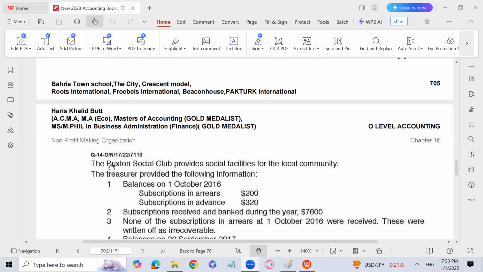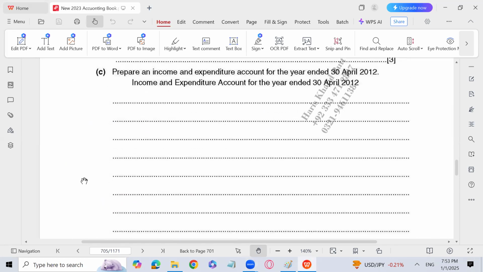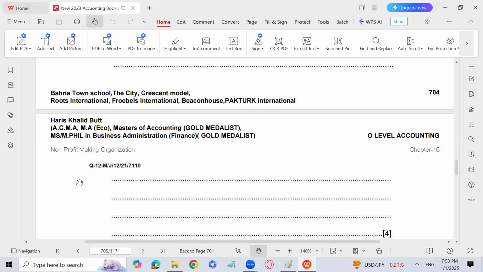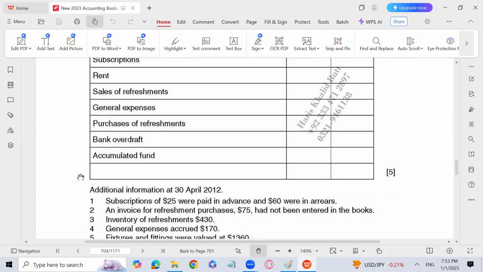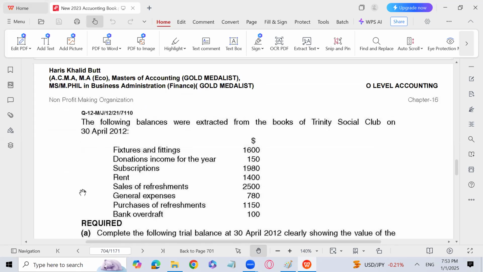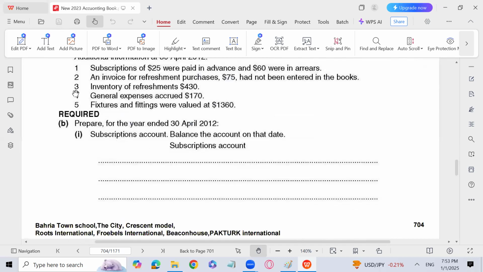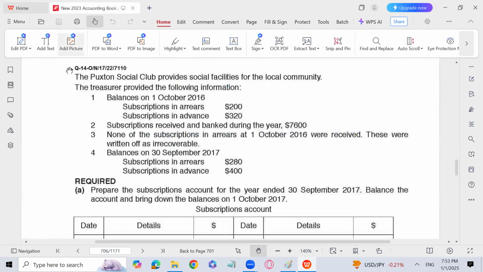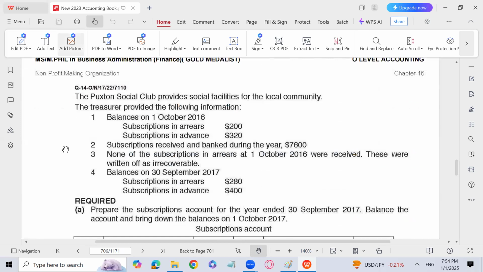Today we are going to solve an O-level accounting or IGCSE accounting question, 0452/77, from the topic of non-profit organizations. That question came in October 2017, paper 22. Let's start it. The Buxton Club, a social club, provides the following